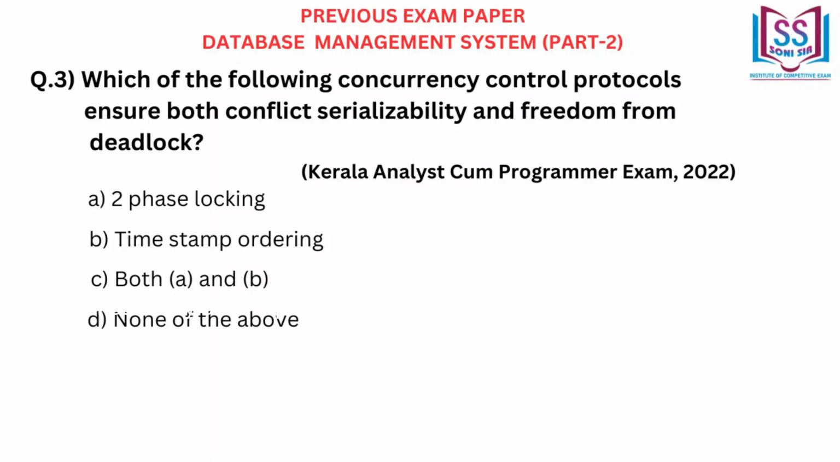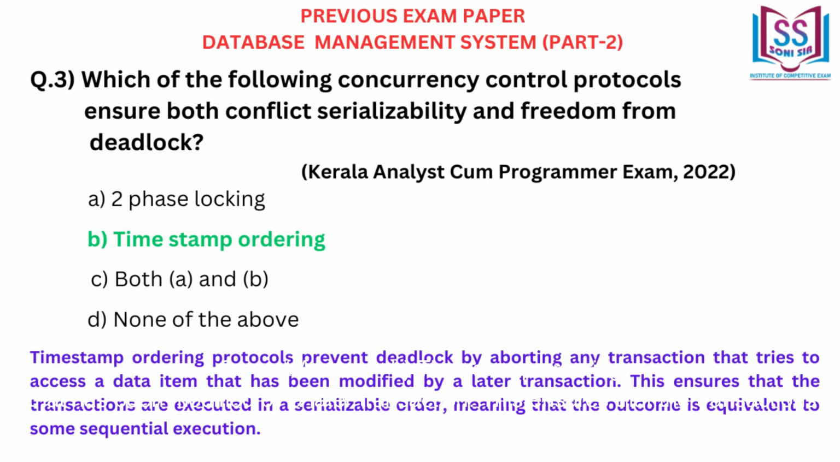Which of the following concurrency control protocols ensure both conflict serializability and freedom from deadlock? A. Two-phase locking, B. Timestamp ordering, C. Both A and B, D. None of the above. Correct answer B. Timestamp ordering. Timestamp ordering protocols prevent deadlock by aborting any transaction that tries to access a data item that has been modified by a later transaction. This ensures that the transactions are executed in a serializable order, meaning that the outcome is equivalent to some sequential